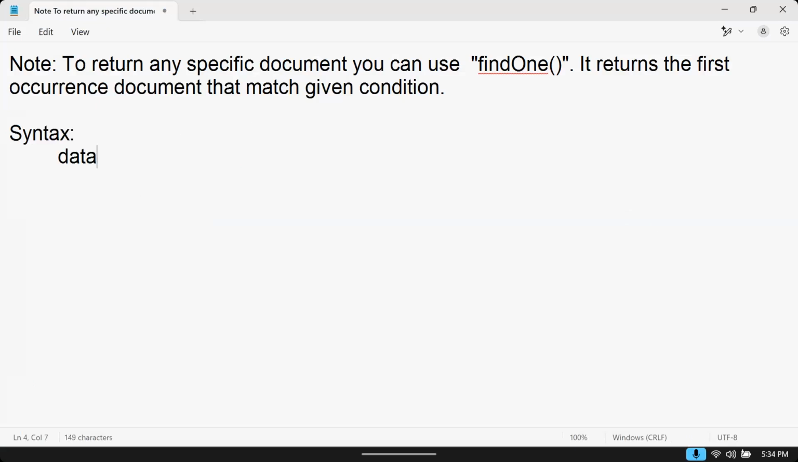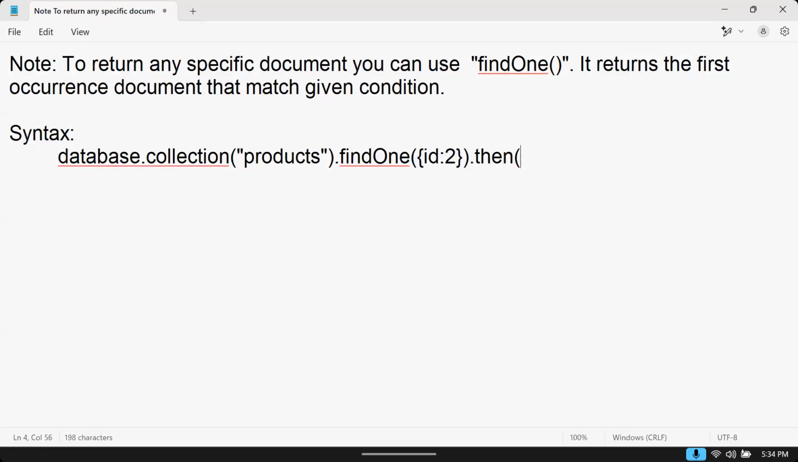So you have db.collection and the collection name, some categories or products, then findOne. And then we'll get the document, and that document you can present. Okay, this is returning one document. If you want to return multiple documents,